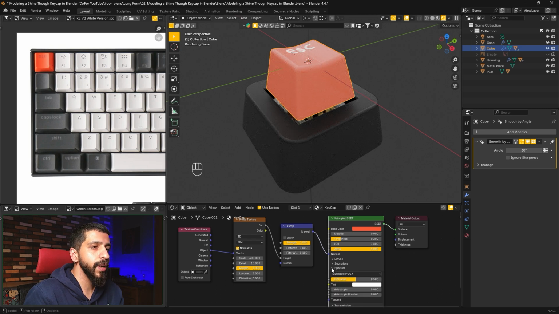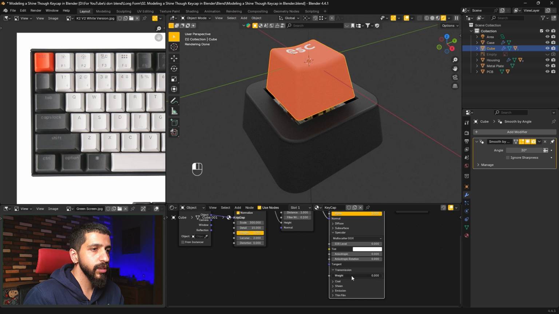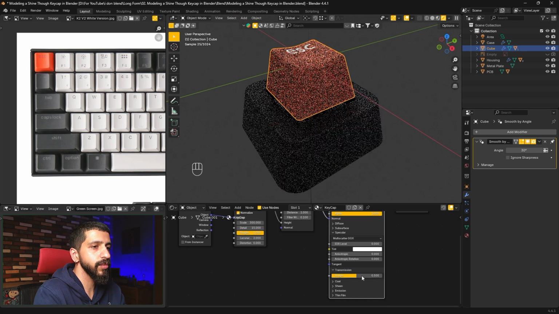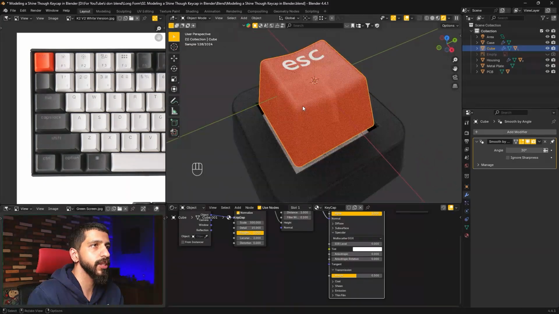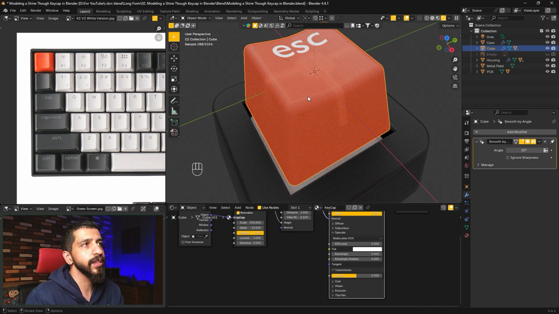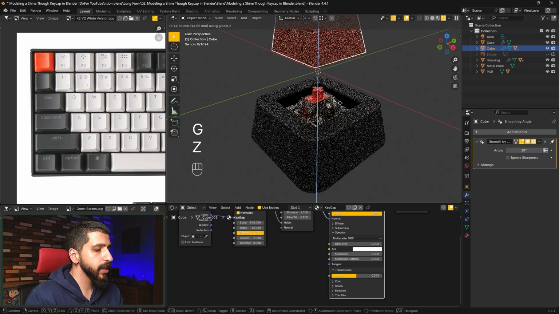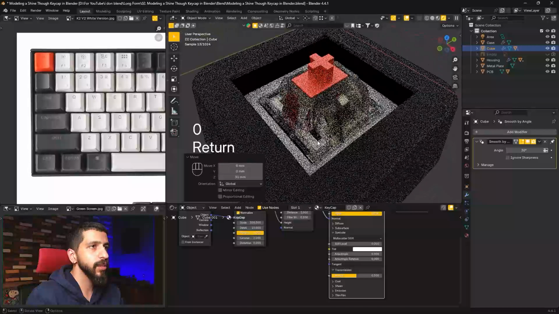Let's open up the specular menu here and bring down the IOR level so it looks more plasticky. And I would also like to add a little bit of transmission so we can see through it. Maybe 0.5 would be good so we can actually see the insides and everything. Now let's bring up the keycap by, let's say, 30 millimeters and see what's going on